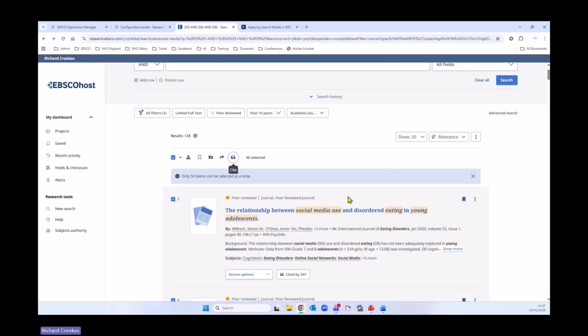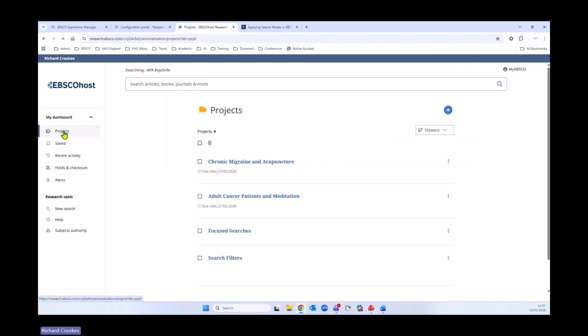There is another option that you may have noticed I missed, and I did that deliberately, because you've got add to projects here. Now a project is a personal folder that is related to your EBSCO account. So you sign in with EBSCO to be able to save items. You can also set up alerts. But within that, you can set an alternative folder to saved. So on the left-hand dashboard, you'll see we've got projects and saved. Saved is where everything is saved by default, including searches and articles, whereas projects is a separate place where you